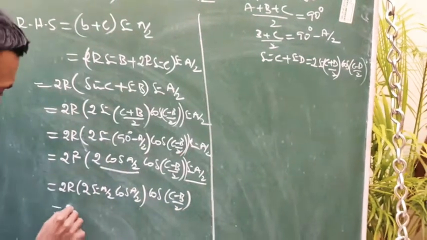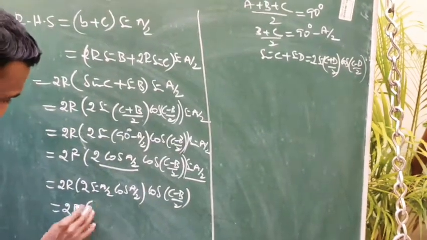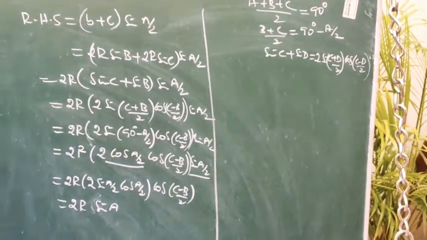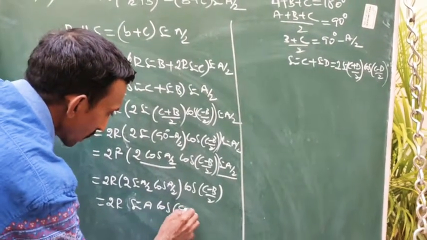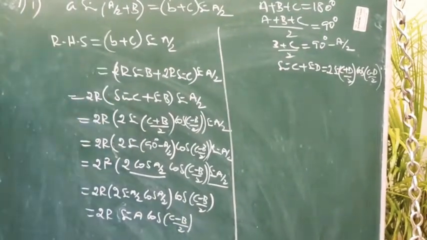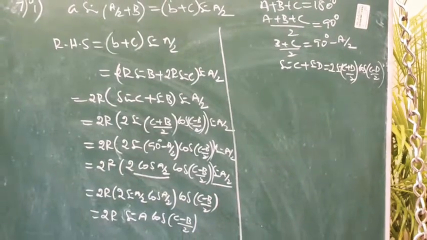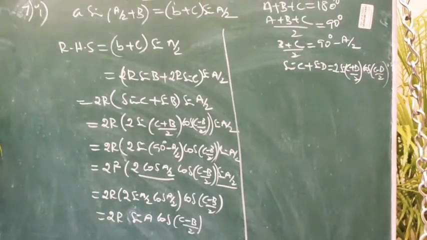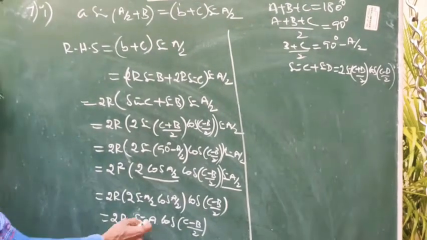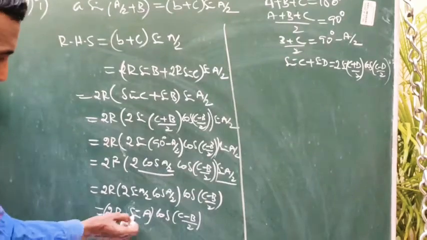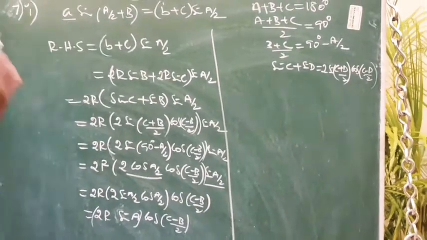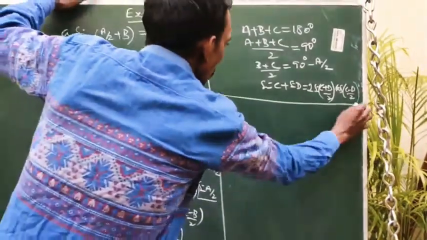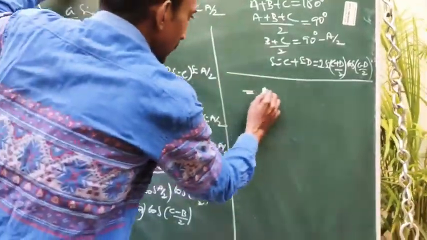Clear? So 2r into it is sin A. Are you clear? 2 sin A by 2 into cos A by 2 is sin A into cos C minus B by 2. Okay. So here look at my dear student, 2r we can combine this. 2r sin A, no problem. 2r sin A is nothing but A. So first thing over. We have to concentrate on the second term. So 2r sin A can be written as A.